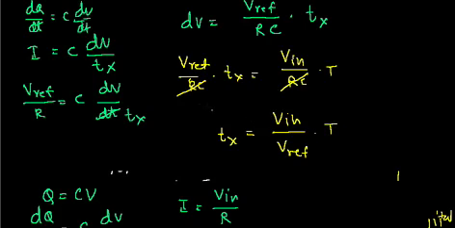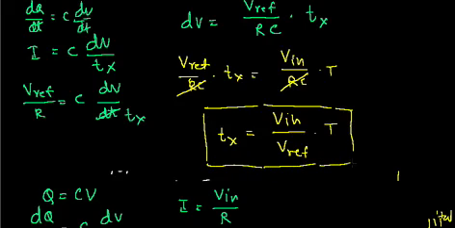into T. So this equation shows us that if the input voltage changes, Tx changes, because the rest of the things, capital T and V reference, are constant. V input is the only changing value and therefore Tx changes. So Tx is proportional to V input,